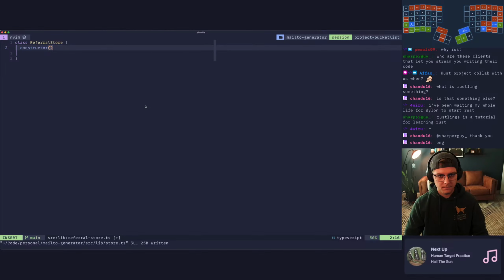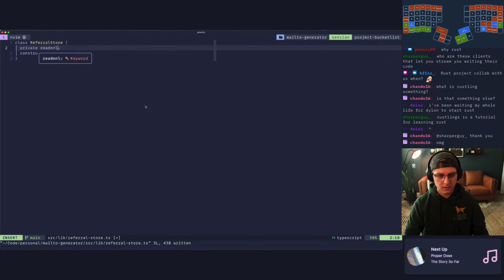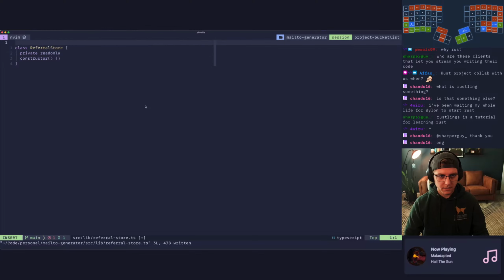For now, we'll just have it empty. And let's see here. We need some state. So we'll need private, readonly. Trying to think about how we want to do this. Let's go ahead and add types in here too, I guess.